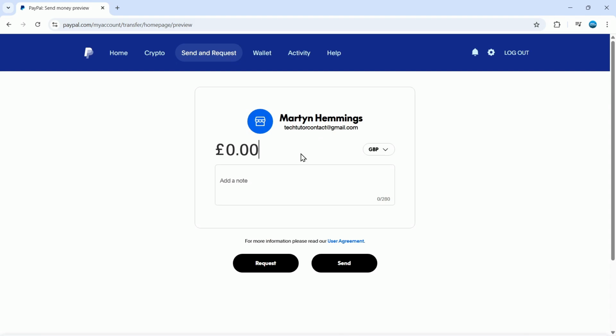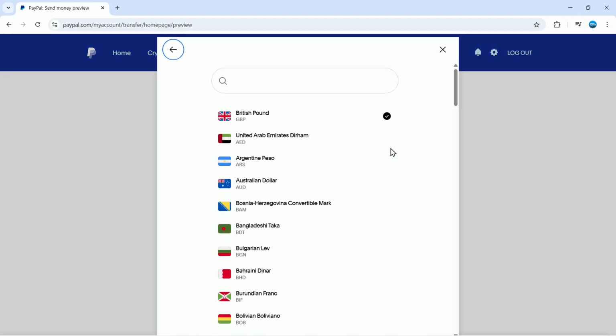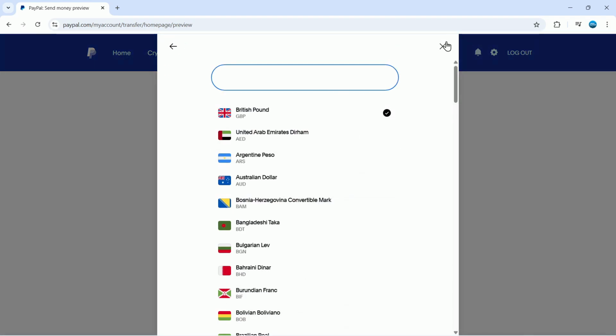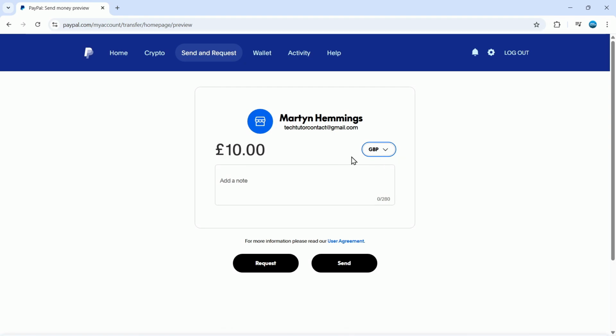From here, you can enter the amount you want to request. So for example, say it was £10, I'm just going to enter that in here. You can also choose the currency from the box here. I'm going to leave this on Great British Pounds, and you can add a note as well, so the person that receives this request will know what that money is for. For example, if you've gone out for dinner and it's to split the bill, we can put something like "split the food bill", which will be sent with the request